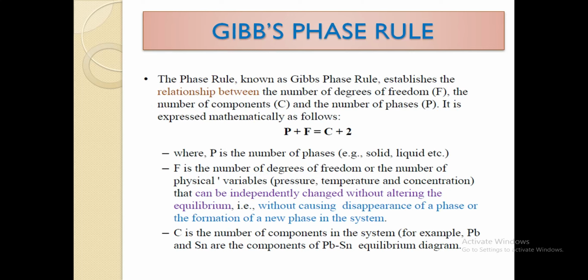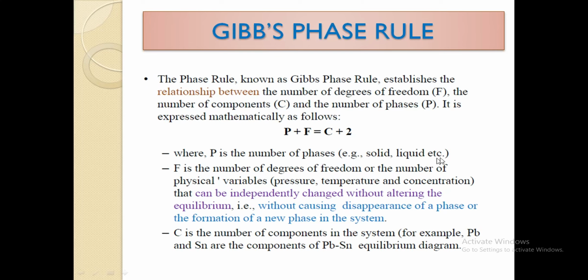Let's discuss Gibbs phase rule. The phase rule, known as Gibbs phase rule, establishes the relationship between the number of degrees of freedom, the number of components, and the number of phases. It is expressed mathematically as follows: P plus F equal to C plus 2,